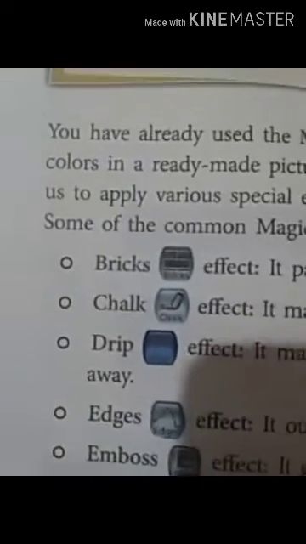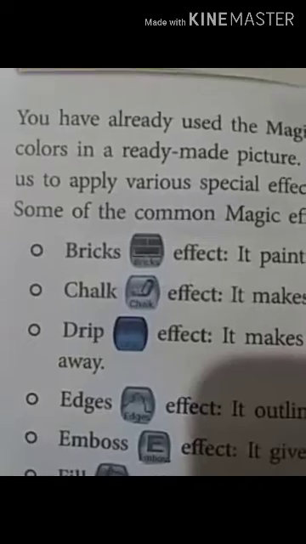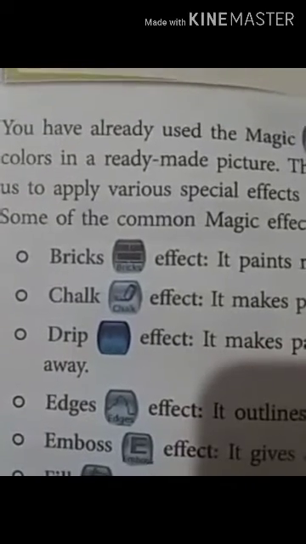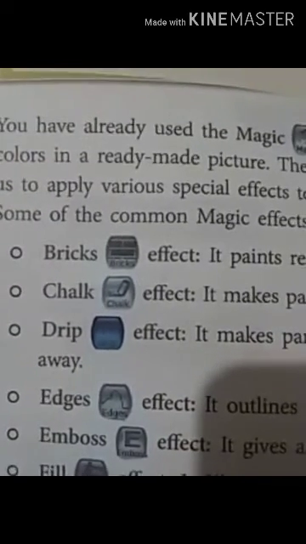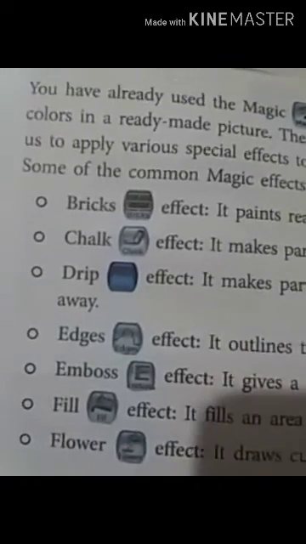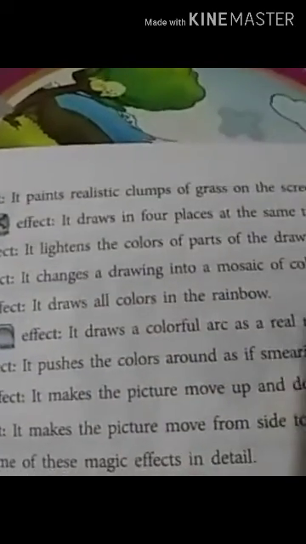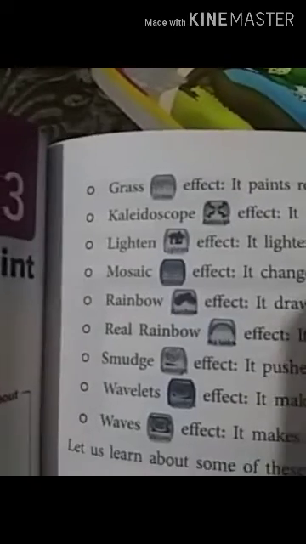So we have learned bricks effect, chalk effect, drip effect, edges effect, emboss effect, fill effect, and flower effect. Then we have another one, grass effect. It paints realistic clumps of grass on the screen. It looks like real grass.